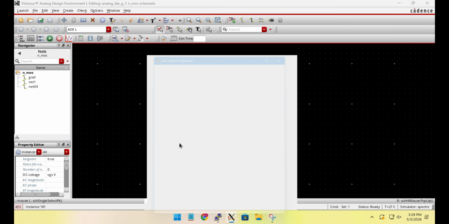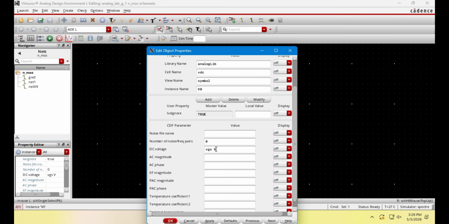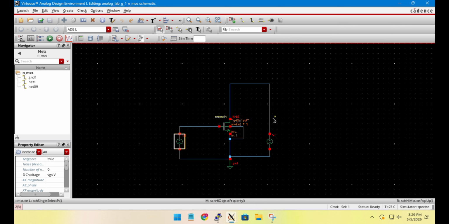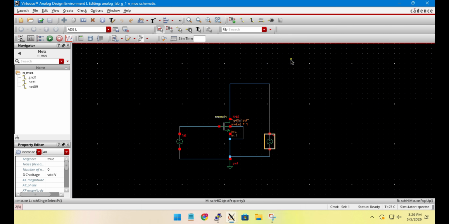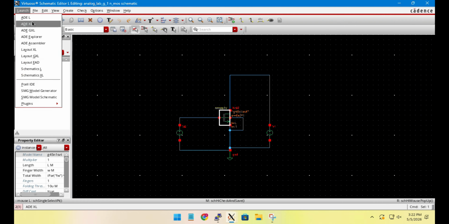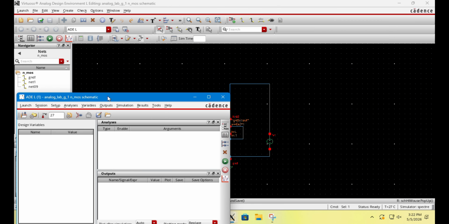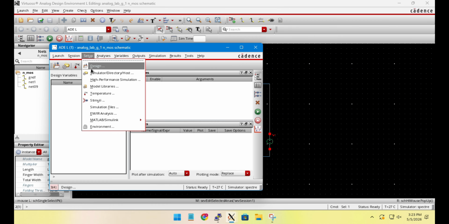First of all, we will add the requirements for the input and the VDD, and after that we will go to ADEL for simulation, and here we will go to the setup and the